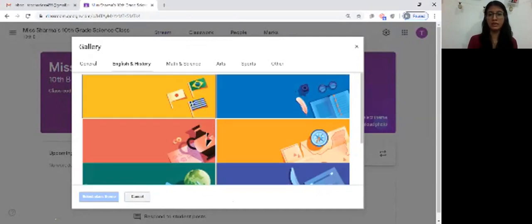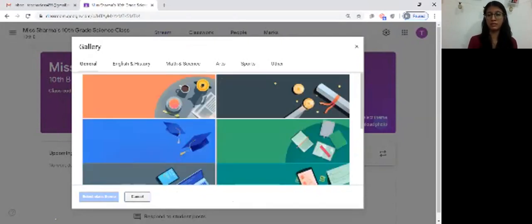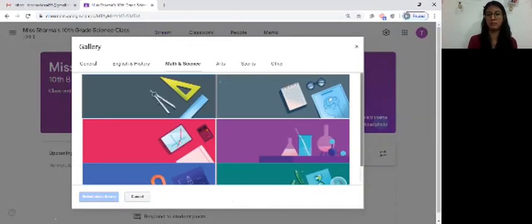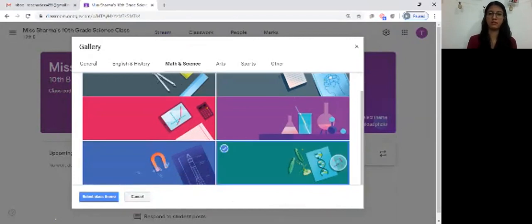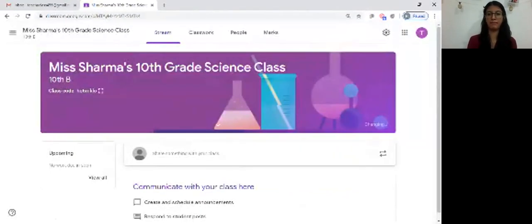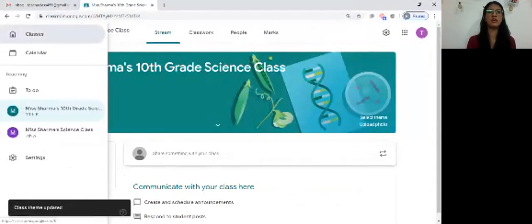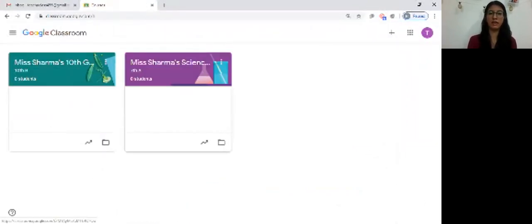You can use any different themes that you want, that you think your students are going to like. I'm just going to go over to science and choose a very simple theme for science. You can also upload your class photo as a theme. It will make it more personalized for your students. Now I'm going to go over to my classes, and now you can see these two look different and I can easily identify them.